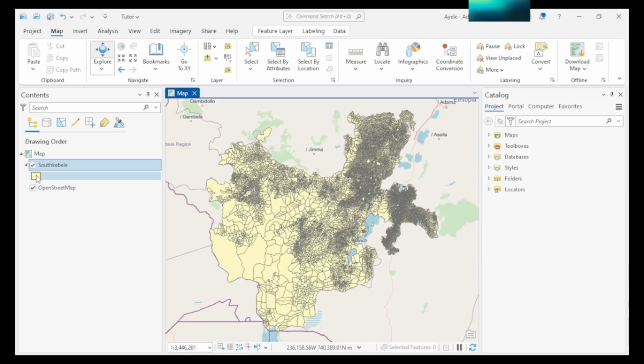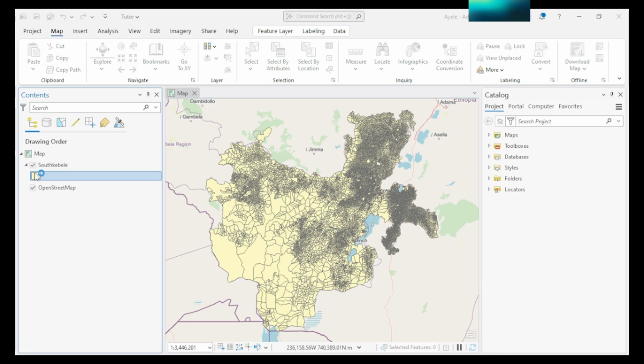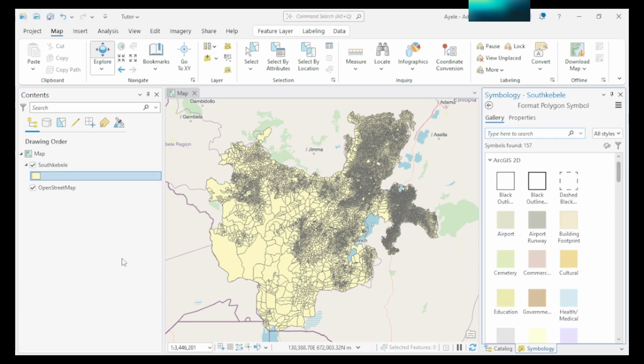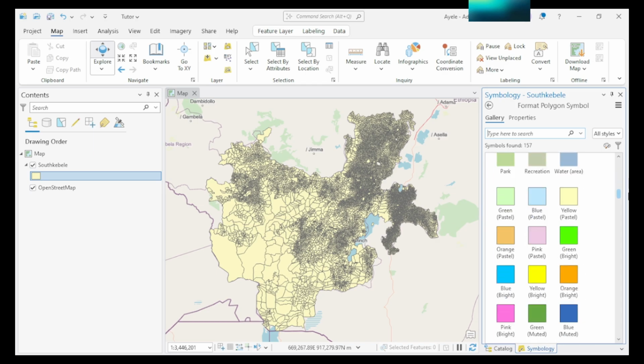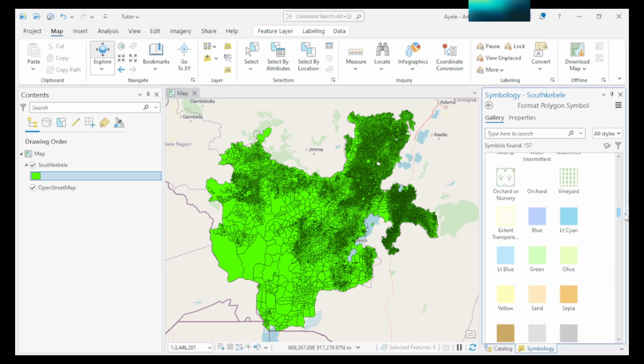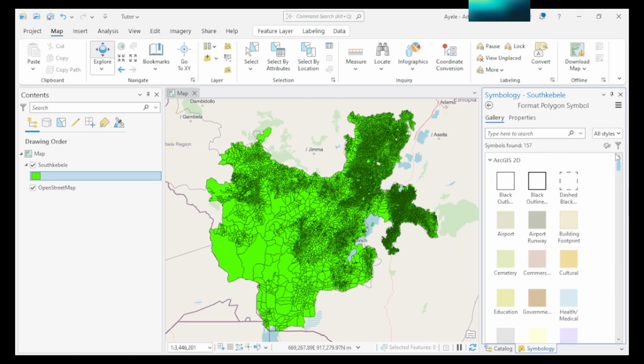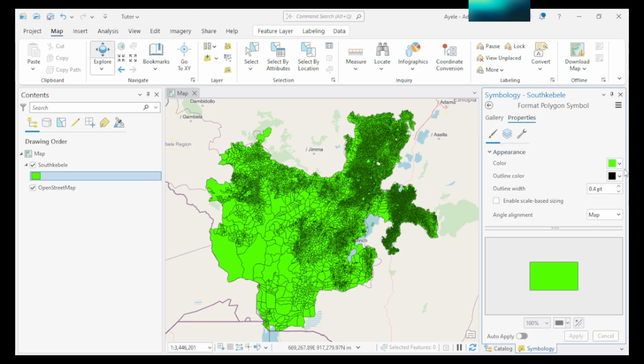Then if you want to change the symbology or color of your map layout, you can change by selecting here. You can click here gallery, you can change this way. If you select this one, the background color, even you can change other here this way.